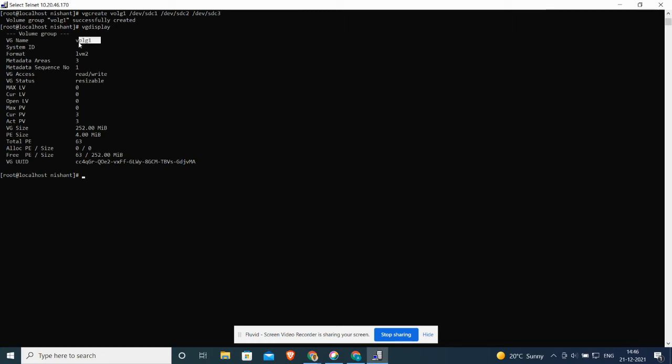It says that volume group 1 has been created. The name is volg1. The format is lvm2. It has 3 metadata areas and all these things. It is accessible and resizable. This is what we are trying to do, that we have to resize it. And this is the total size, that is 250 MB, because it is combined from the three partitions which we created of approximately 80 MB each, and we have created a volume group.